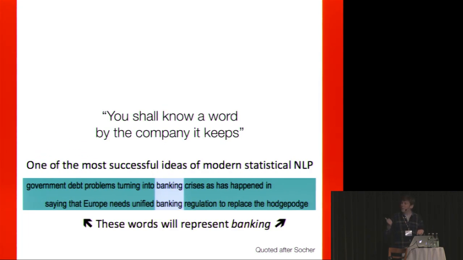It's basically saying that the word banking is similar as a topic to the words it co-occurs with. And this is coincidental, it co-occurs with crisis, but also with debt and problems. So if you have enough examples of a word like banking, you can get a feeling for what it means. And using this and just looking at a word in its context, you can get a vector representation of the word. So remembering from school, a vector is just a direction in space, and I'm using three-dimensional ones because these are the ones you're most familiar with. Actually, in practice, we're using much higher dimensional ones.